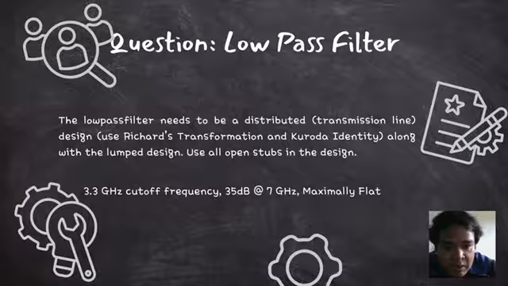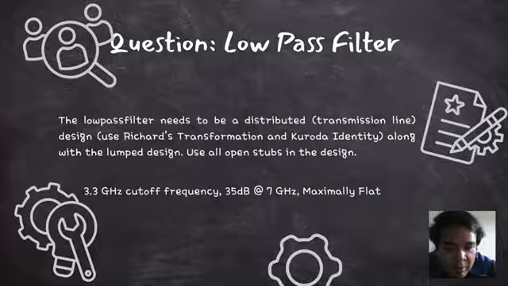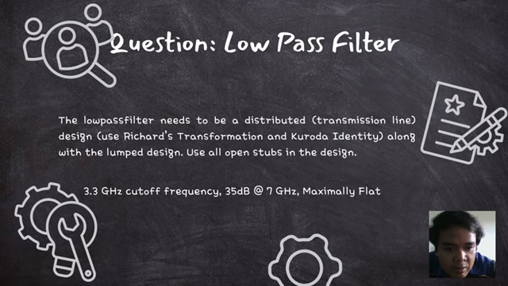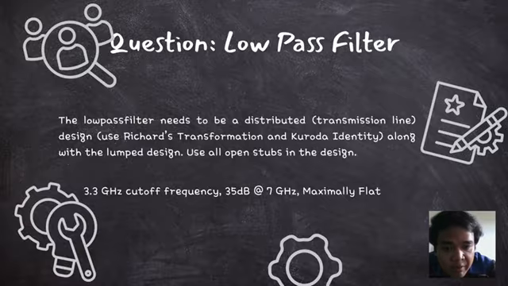To transition this from a theoretical circuit to something practical for high-frequency microwave applications, we began with a traditional lumped element prototype. From here, we applied Richards transformation to convert a lumped inductor and capacitor into transmission line stubs. Following that, we utilized Kuroda identities to physically separate the stubs using unit elements and ensure that the final design uses all open stubs, making it highly practical for microstrip fabrication.